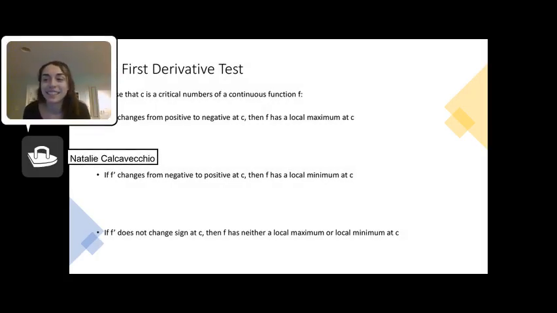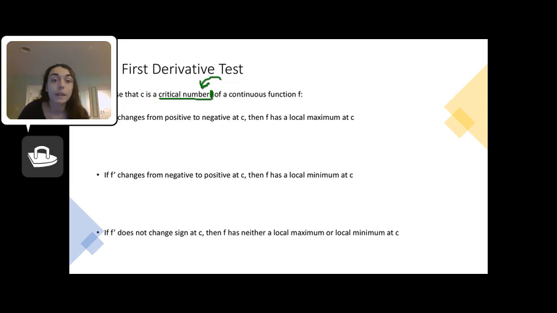Okay, class, we are finally getting to our first derivative test. So this is new information from here on out. I want you guys to all keep your attention on me during this lesson, okay? So it says, suppose that c is a critical number, not numbers, of a continuous function f. So going back to our definition, a critical number happens when? When the slope is, that's right, when the slope is 0